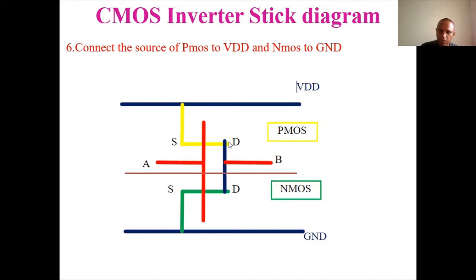Here also we require a contact cut, because to make a connection between the drain, that is the diffusion, and the metal, and at the same time the drain of this and the metal, we have to use one. In total, how many contact cuts do we have to use? 1, 2, 3, 1, 2. Total 5 contact cuts we have to use here. So in the next step we are going to represent that.